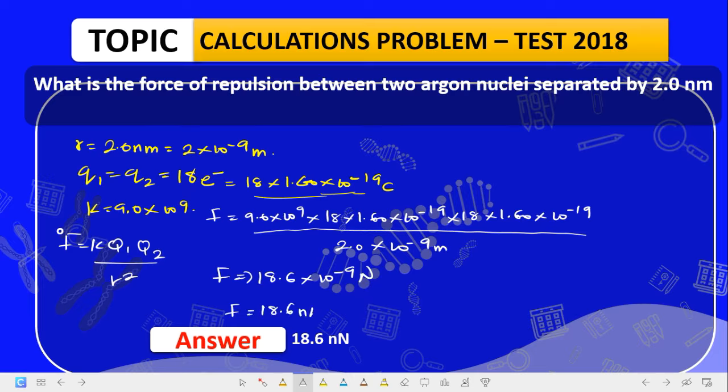18.6 nanoNewton, and that is the answer to that question. But in the question paper, there was no option like this, so maybe it's due to a typographical error or something of the sort. Now, you must know that this group here is squared, because it's r squared. But when you still solve, you arrive at this answer as the final answer. So that is basically how to go about this question.